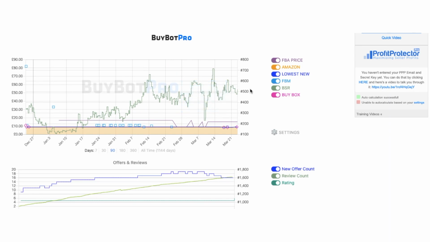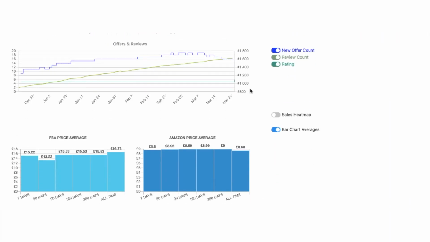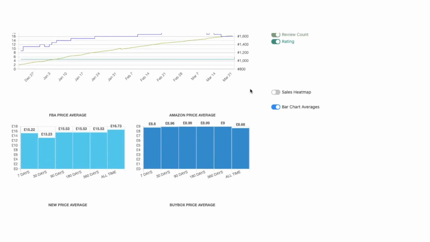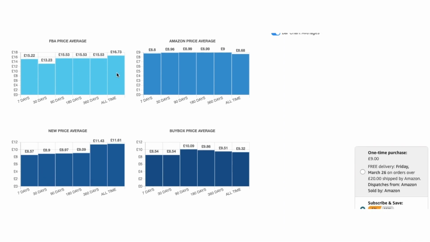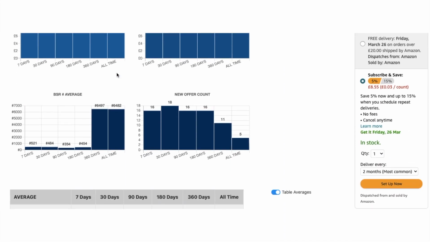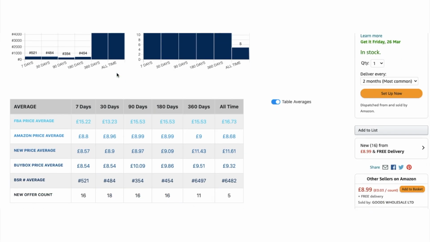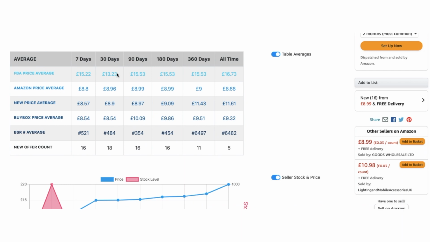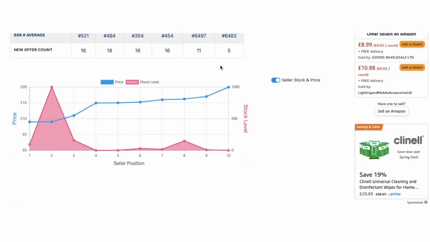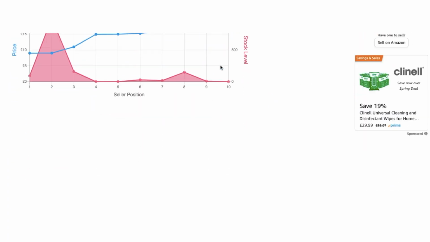But in general, very, very clear, all of this. All of this is the normal graphs that have been the same for some time. FBA average price, it gives you way more data than a lot of sites do. FBA Prime average, FBA Amazon price average, all of this additional data just to help you out. And then it's got even more over above and beyond down here. It's got the 7 days price average, above and beyond 30 days, 90 days, 180 days, which can help your analysis